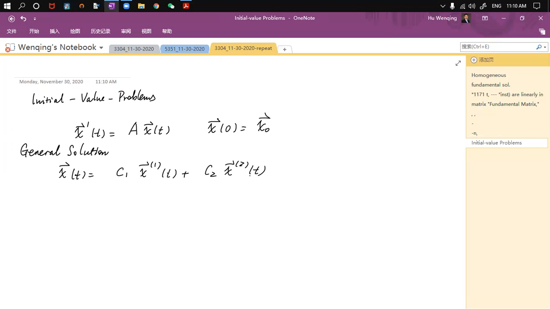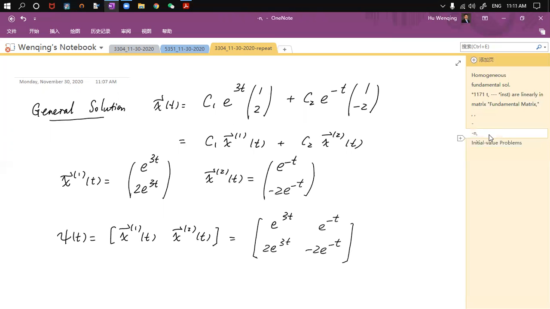So these are the linear combinations of the fundamental solutions, right? So that means you want to put the value there. So that means you can solve this system. So let's say we solve. Okay,